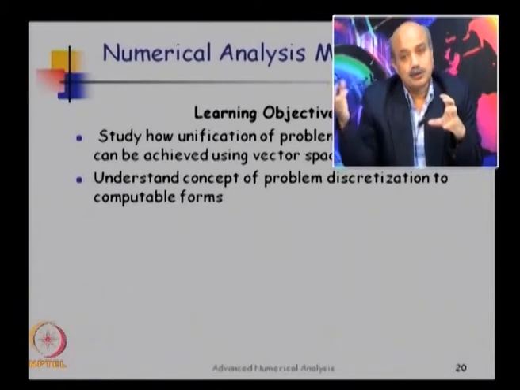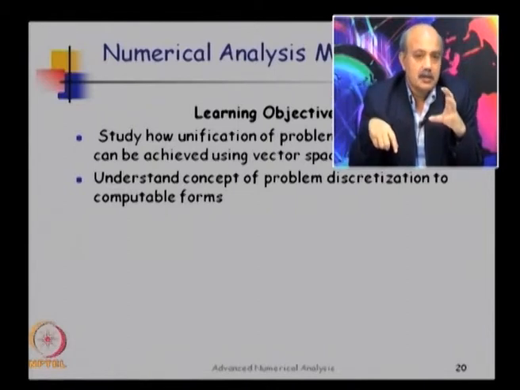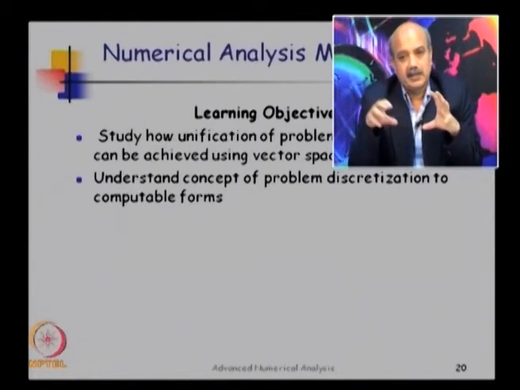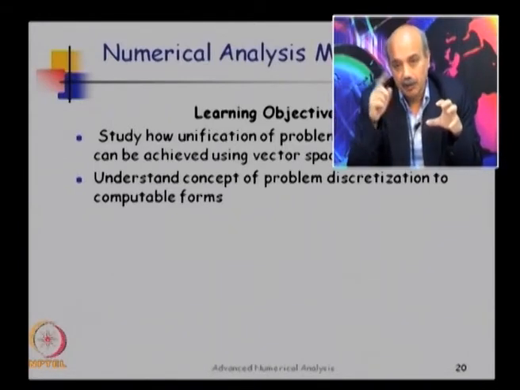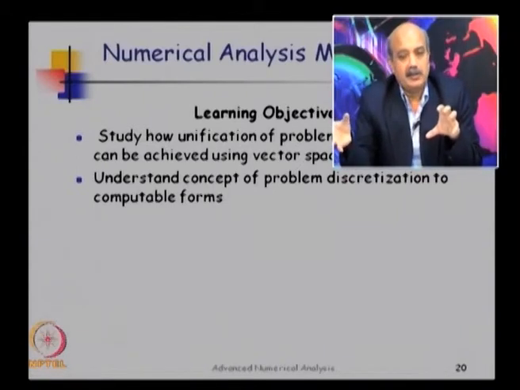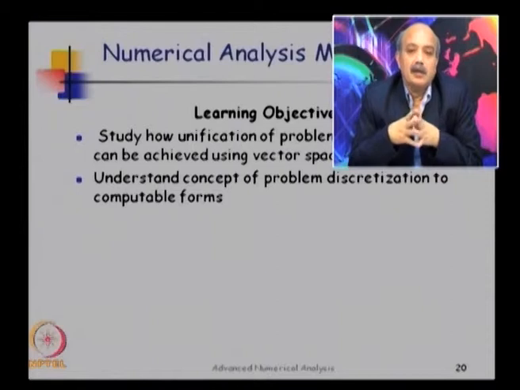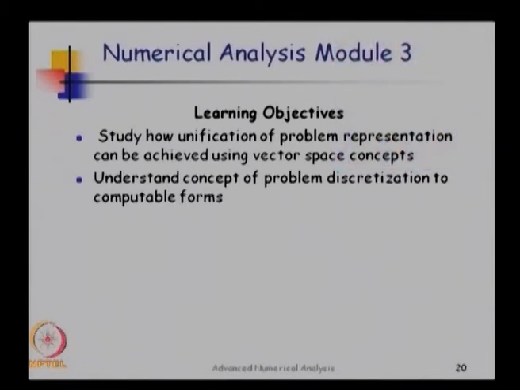That means I know the solution, I know the effect, I want to find out the cause. So operator T, when it operates on x, gives me y. I know y, I know T, I want to find out x. These are called as inverse problems. The first problem, where you are given operator and you are given x, you find out y, is called as direct problems. Our course is mostly going to be dealing with inverse problems, that is, given an operator operating on a vector and you are given y, the effect, then you want to find out cause, that is x.